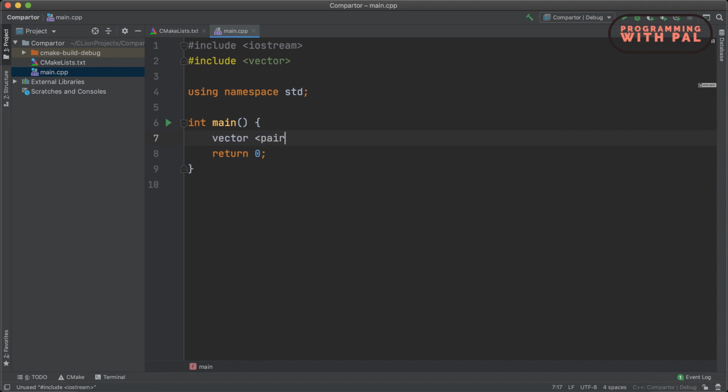We will create a vector of a pair of integers and let's name it v. We will add the values into the vector using v.push_back function. So we will add all the values inside the vector using this v.push_back function.